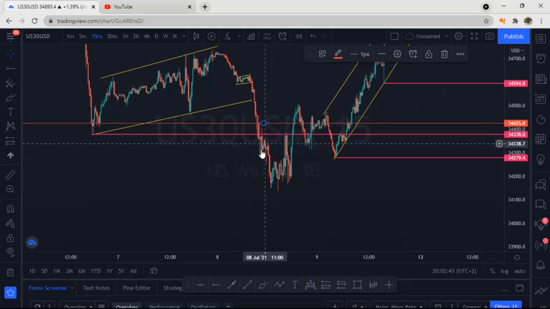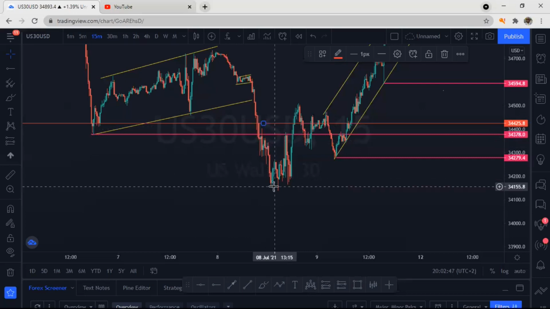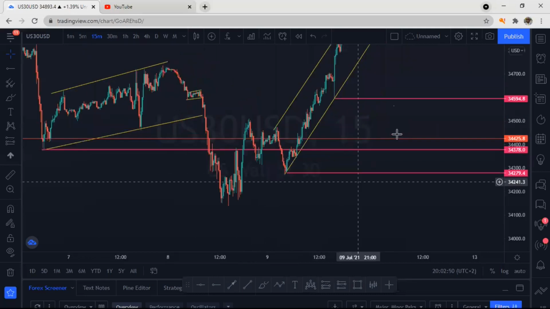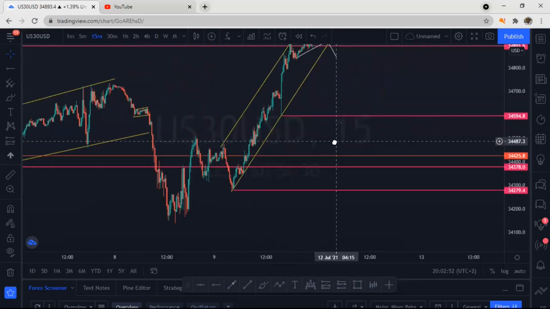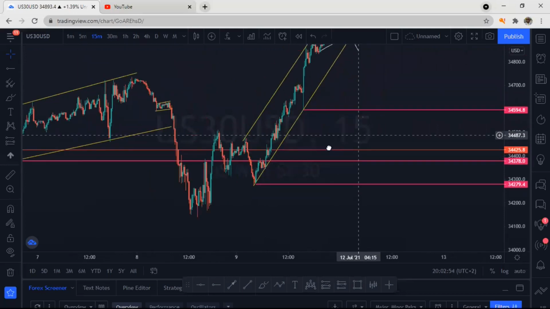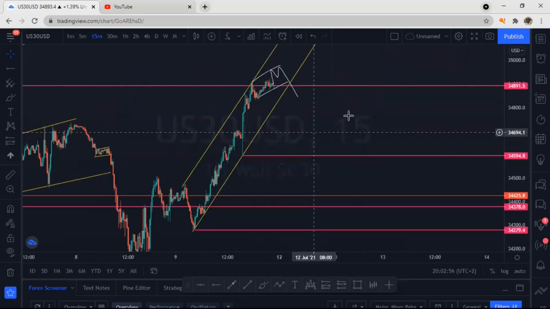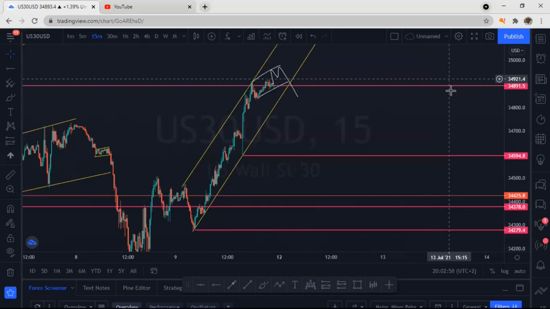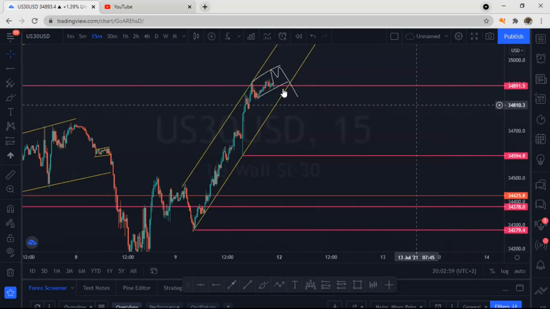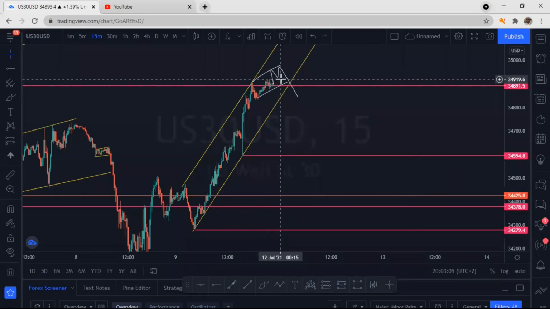So from there, the price pushed down. Guys, I don't know how to explain this correction and impulse, but I can tell you that you need patience. So this is what I'm expecting here. But if it doesn't happen like this, it's the market. I don't own the market. But this is what normally happens. This is my expectation, a probability which I believe will happen.